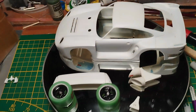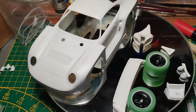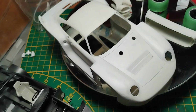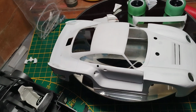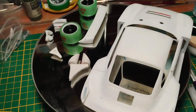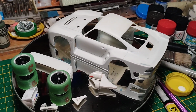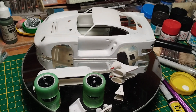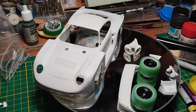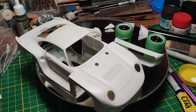This is another of my conversion kits that I'm preparing for some Porsches that have been a little bit neglected by the modeling world. This specific car is a Porsche 961, but in the 1987 body. The 961 Porsche was a kind of prototype that was racing in the Le Mans series in 1986 and 1987 under the GTX series. It was a kind of evolution from the aborted Group S, coming from